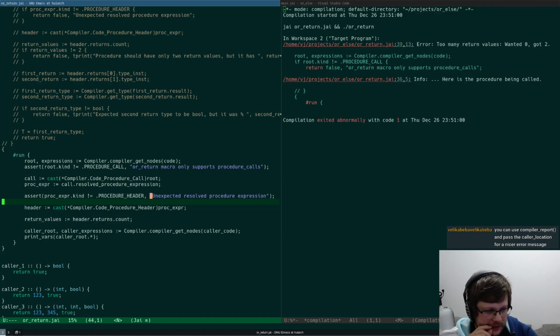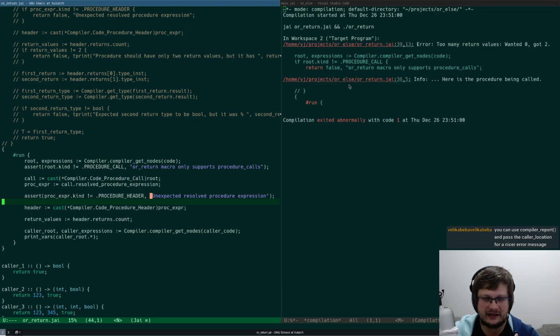Compiler report and pass a caller location to a nicer error message. Maybe I actually, that's what I did. I didn't do exactly that, but I just formatted caller location manually to get this.